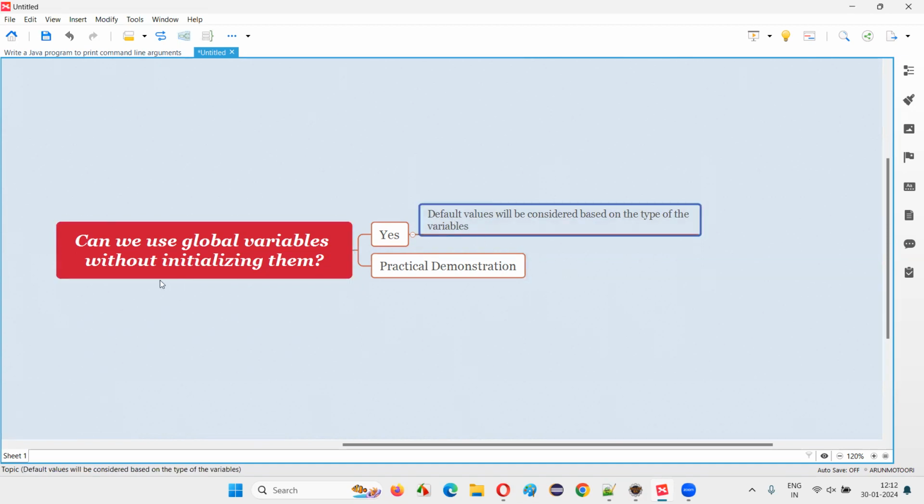So for example, if you have declared this global variable as int data type, and you have not initialized any value to that particular variable, and if you start using that variable in the programs, then Java will consider a default value like 0 for that variable because that is of int data type. For the next data type, let's say double data type, Java will consider 0.0 as a default value